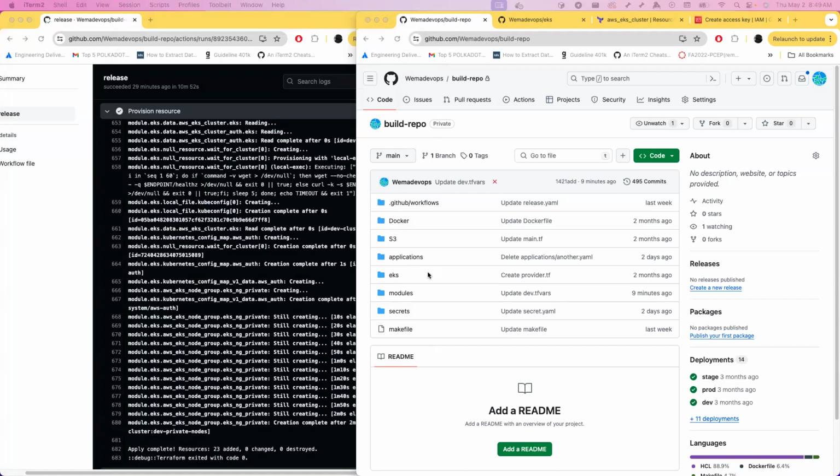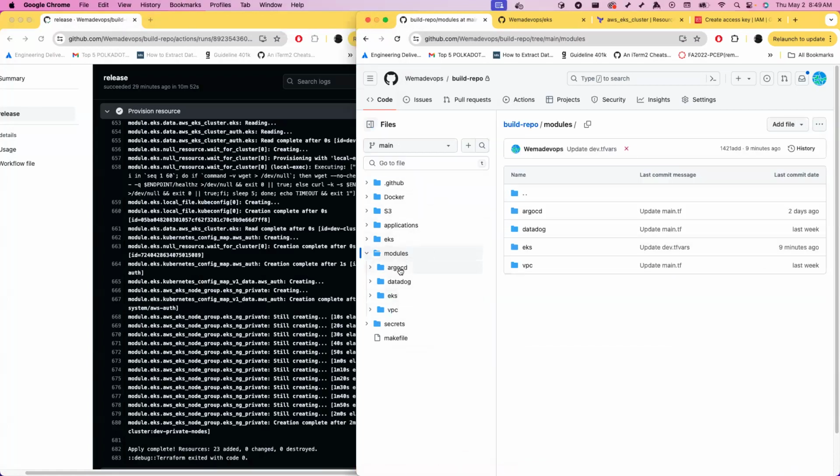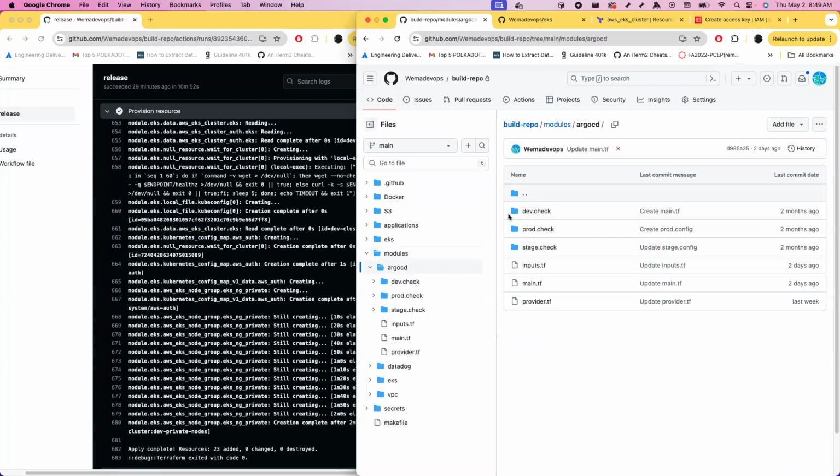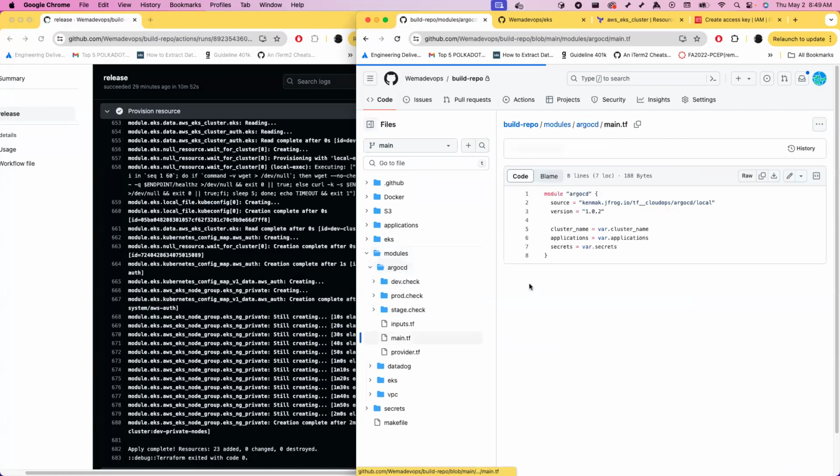Let's go to our modules. The second thing we'll deploy is our ArgoCD. When you look at our ArgoCD, we have our main. We are in version 1.202. The change that I made here was